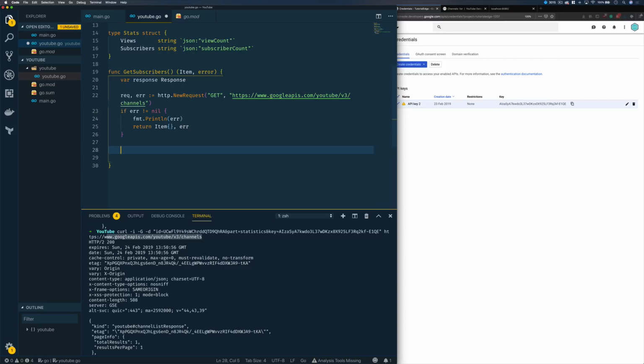And then below this we're going to create the query parameters for our particular request. So q is equal to req.URL.Query(), and we want to do the following. So q.Add and the key,